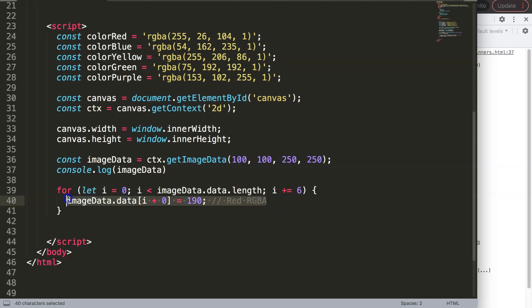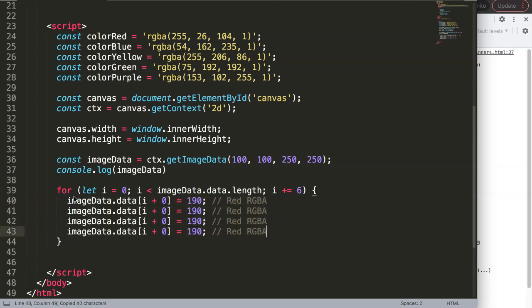So what I can do is I'm just going to copy this, paste this in here 4 times, and then this will be our alpha. And this will be our blue, and here we have our green. Now let's give this some different colors. Let's put this on 0, and I'm going to give this here 2, 1, and then this one here, alpha of 255 would mean 100% visibility, and then here, of course, the colors. So every one of these has a different color assigned to it. So if I save this now,